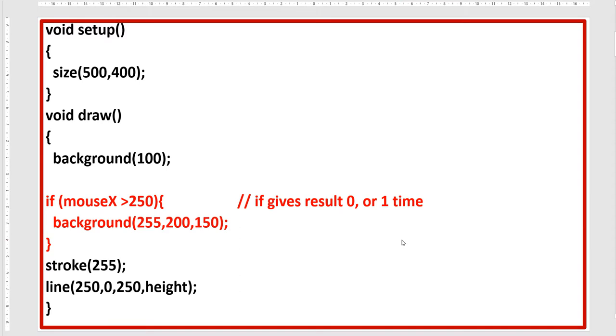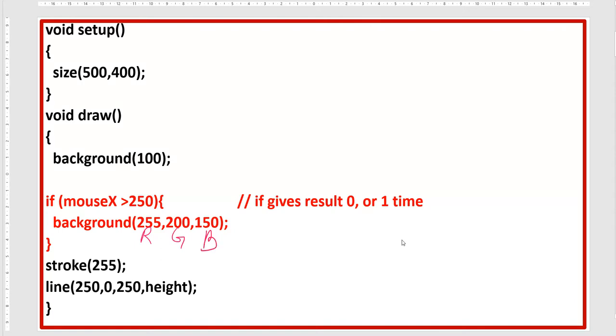So see here, I have mentioned in the draw block, if mouseX is greater than 250, then the background of the canvas should be the combination of these three colors. And you know very well now, the first one is red, this is green, and this is blue.